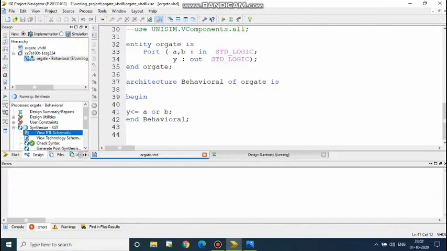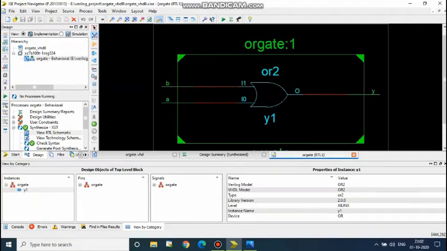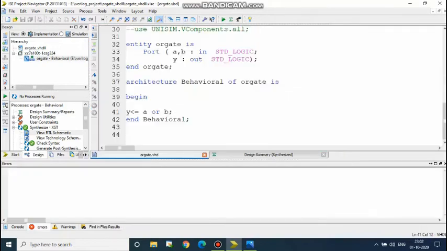View RTL schematic. This is the top module with A, B as inputs and Y as output. If you click, you will see the OR gate is generated.